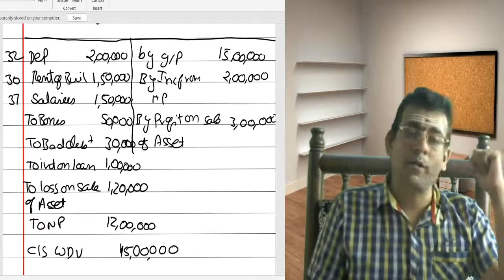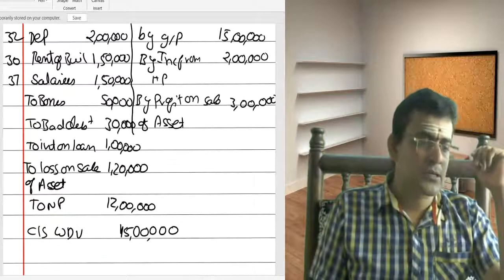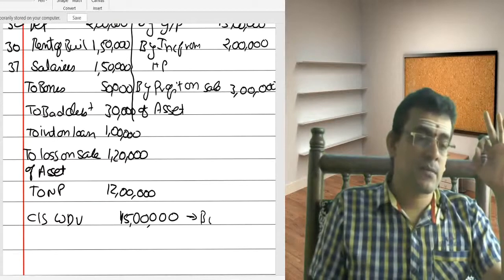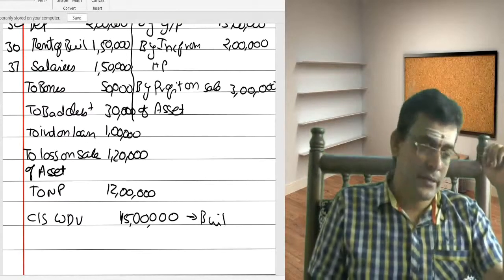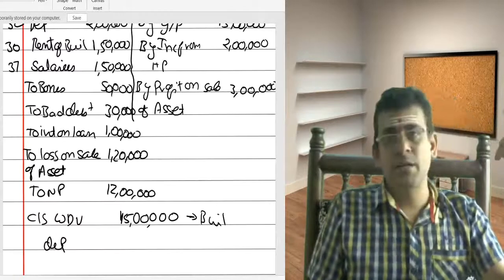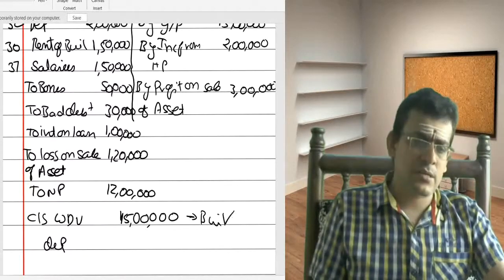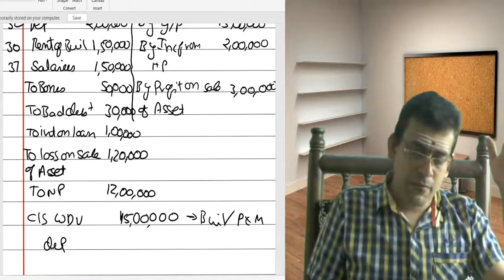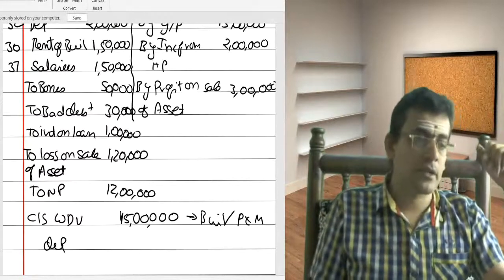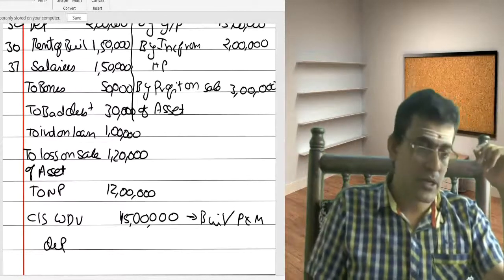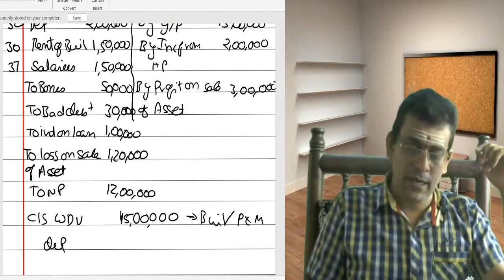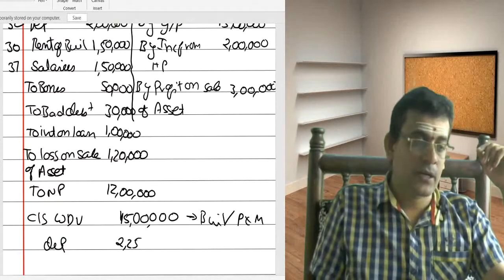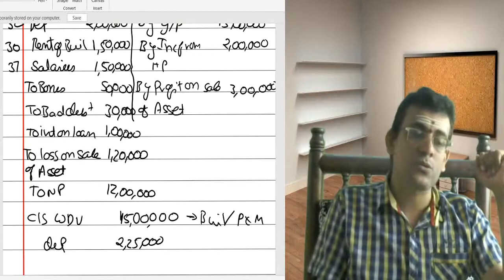Now what you need to do? Provide depreciation. Say, let me consider that the asset is a building. Then ultimately what is my depreciation? 10% is my depreciation. I'm just taking an example. If you consider this example as plant and machinery, your depreciation will be 15%. Then what? 15 lakhs into 15%. Here your value is 15 lakhs, and on that, if you take 15% depreciation, 2,25,000 will be your depreciation.